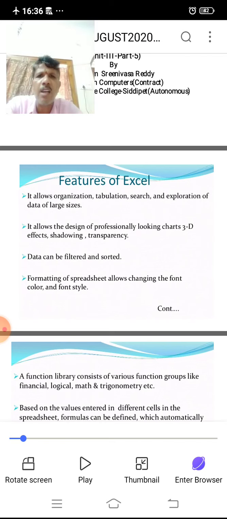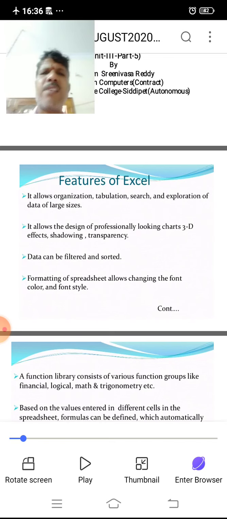MS Excel allows organization, tabulation, search and exploration of data of large sizes.